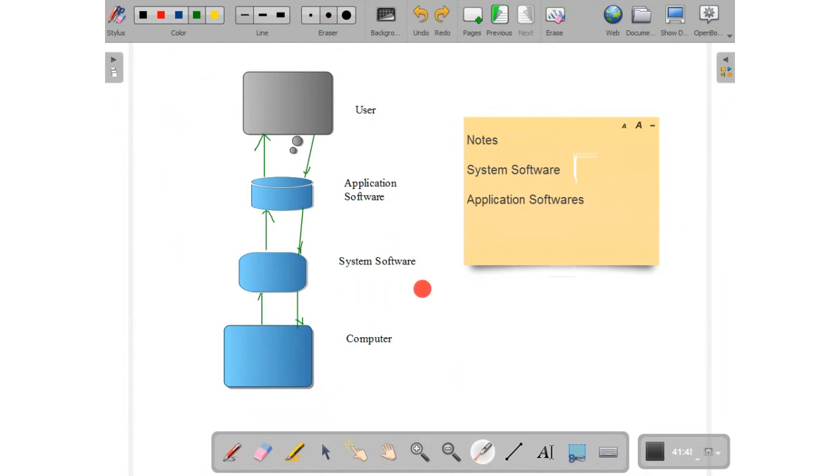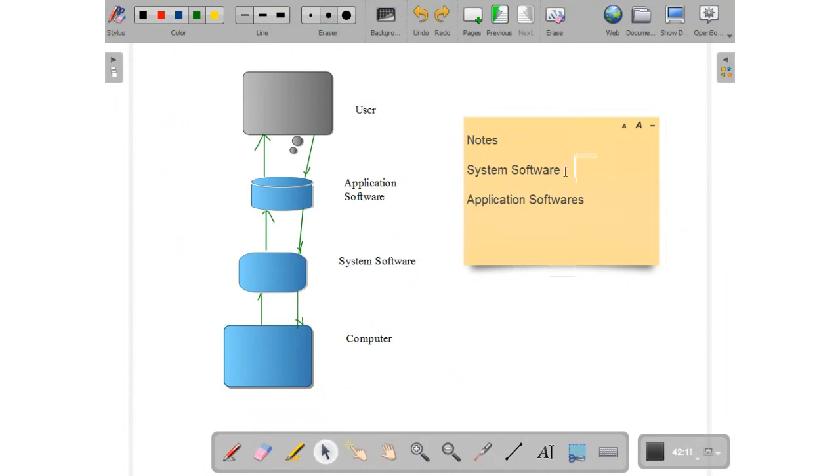system software. The very first thing that you need to put in your computer is system software. Without a system software, you will not be able to work on a computer. So this is a very important type of software in a computer. System software's purpose, its work, is to interact with the system. That's why it's called a system software, to interact directly with the hardware. Examples of